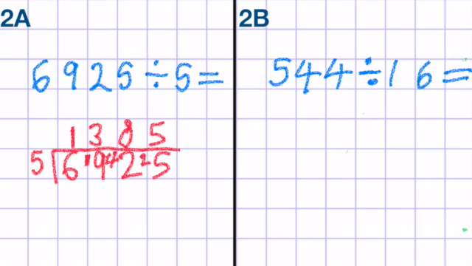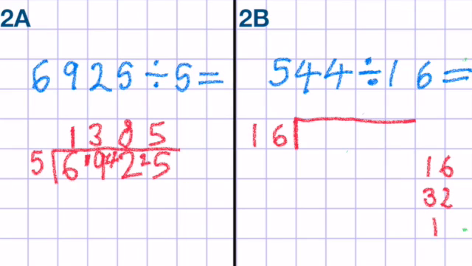So it's 1,385. Now this time it's by 16. Now I'm going to use the bus stop method for this one. I'm not going to use the chunking method when we're doing this, I'll do a special video on that. So let's just write out our 16 times table. So it's 16,